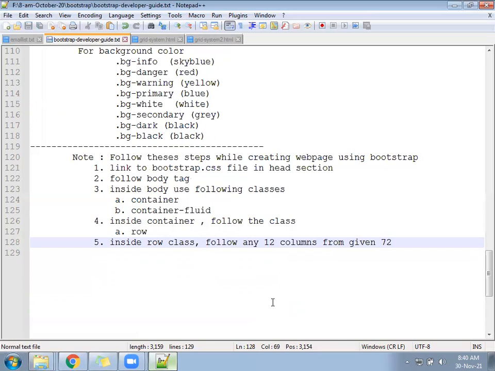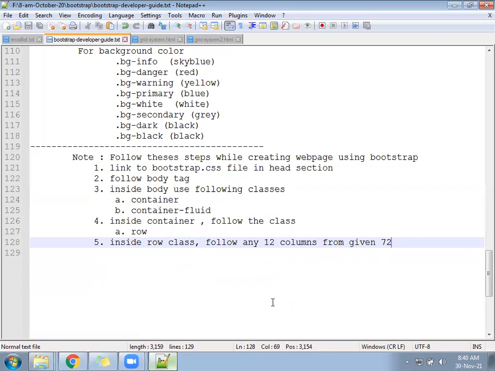So inside a row, there is no limitation. You can follow XL only, or double XL only, or SM only, or extra large. You can follow any 12 classes from the given 72.